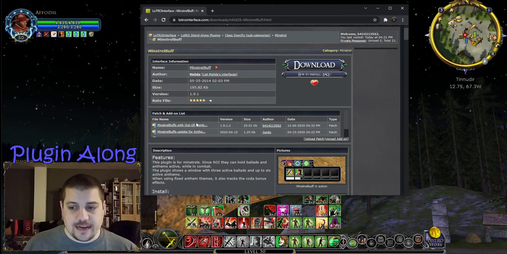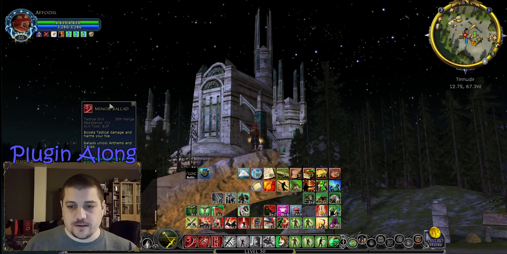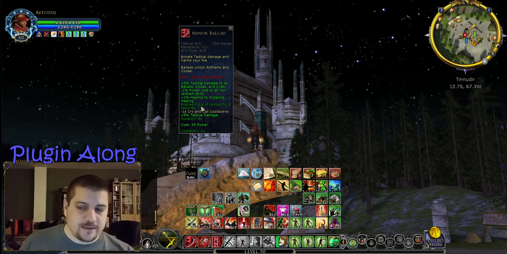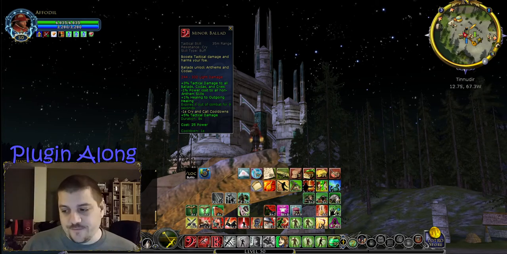And the patch that I made was to address the question, and there's a whole video on this out there if you're interested, but if you look at any of your ballads as a minstrel, they say expires if out of combat for 9 seconds. Well, what does that mean? Because it doesn't mean that. For instance,